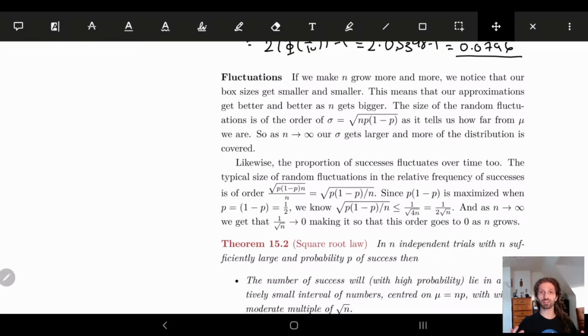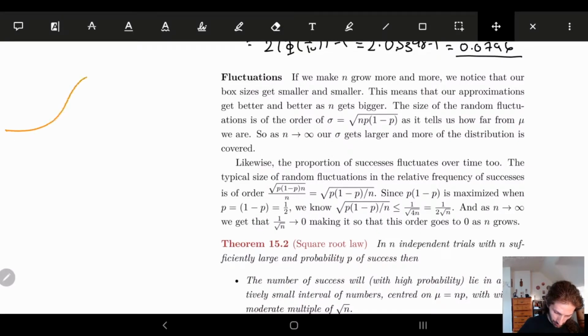And so basically the idea of a fluctuation is that we're going to start with n, and we're going to just keep increasing our n. So we're just doing a trial over and over and over again. If you think about this, the more times we do a trial, the more accurate information we're going to get, right? And so what we would expect from this is that, normally when we get a curve, right,